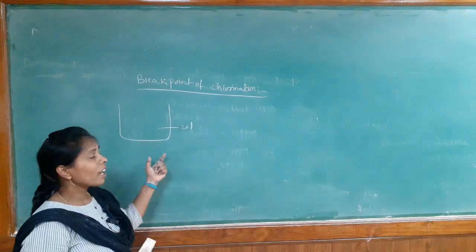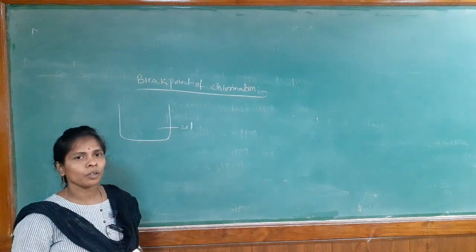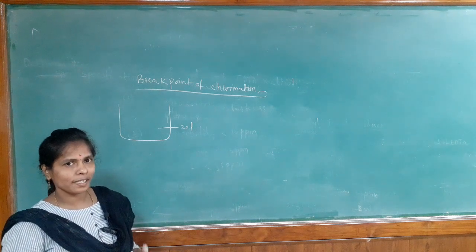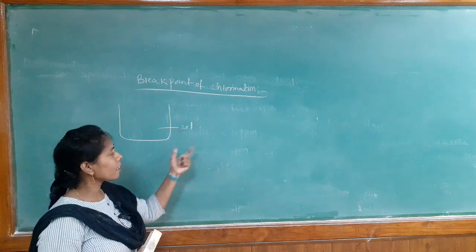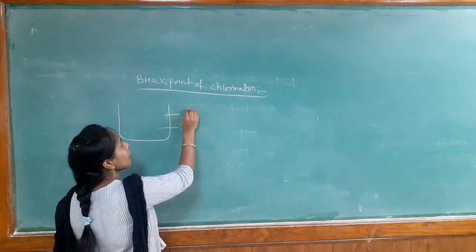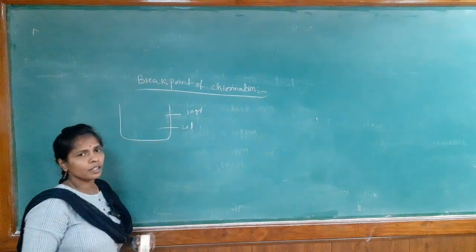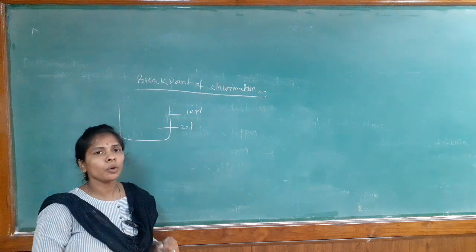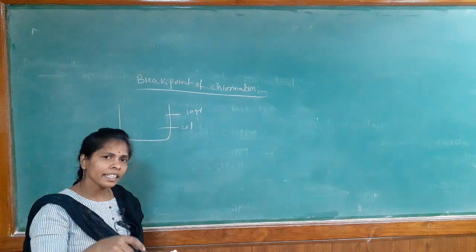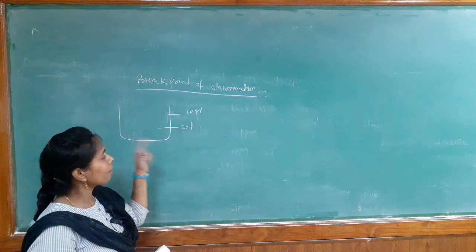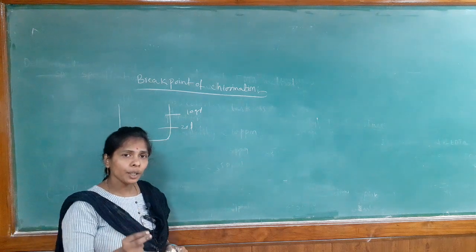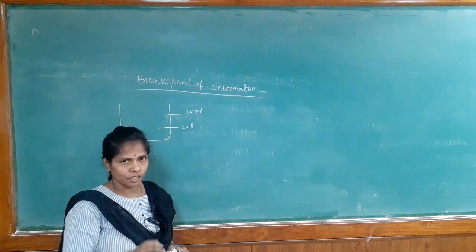We have some equipment to measure how much chlorine is required for 1 liter of water sample, and based on that we can calculate for 20 liters. So, let us assume it requires around 10 grams of chlorine. But we can't add the entire 10 grams at a time to kill the entire bacteria in the water sample. So, what we have to do here? We need to add the chlorine in small portions.